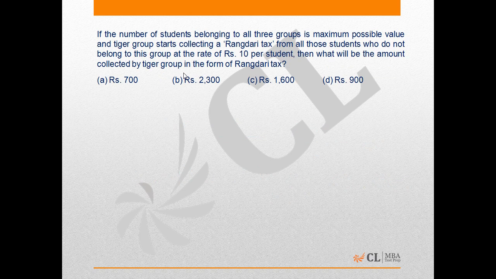In the next question, it is given that the number of students belonging to all the three groups is maximum possible, which means X is 40, and tiger group starts collecting a Rangdari tax from all those who do not belong to this group. So the number of people who do not belong to the tiger group will be total number of students, that is 300, minus belonging to this group, which is 70, and thereby the total number of students belonging to the group other than tiger is 230,